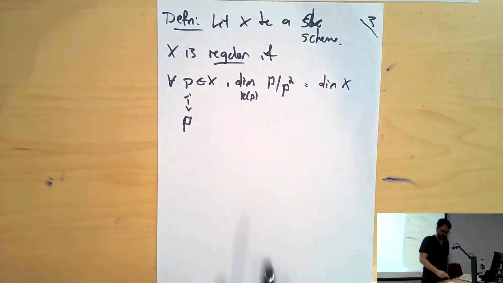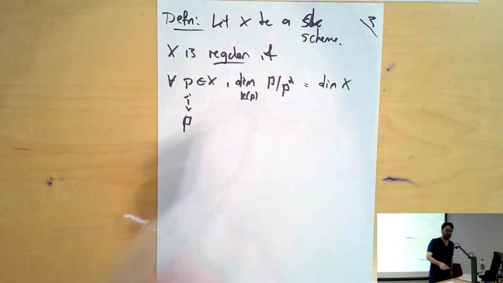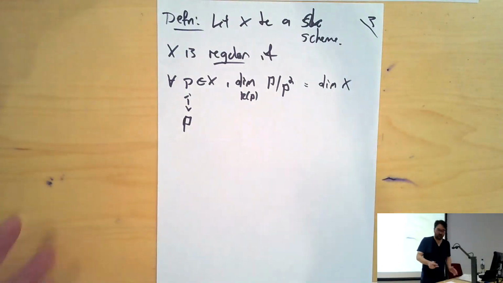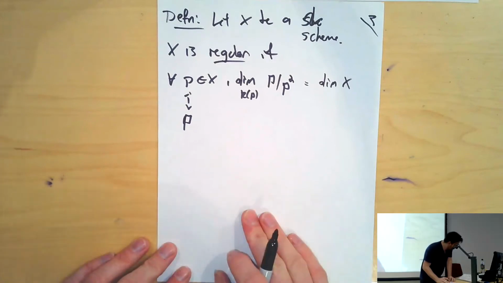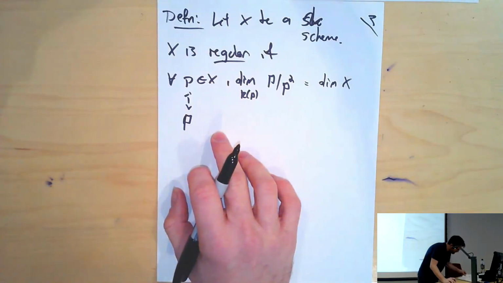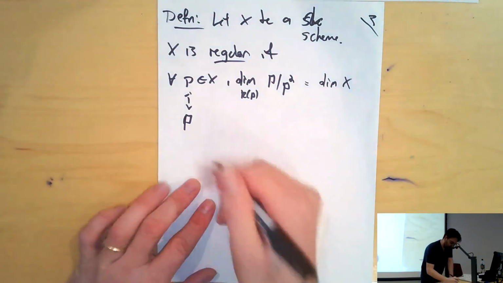Smoothness is a relative concept. This is an absolute concept. So this makes sense for something like spec of Z, spec of O of K. Great. Just as a quick example,